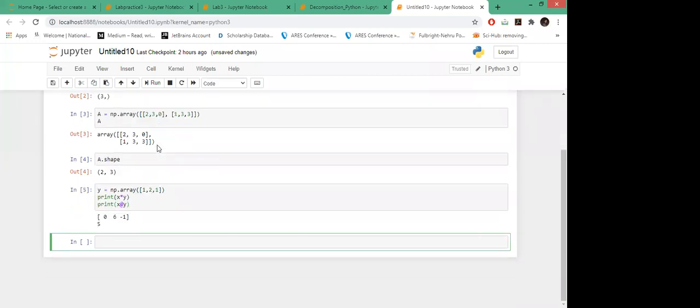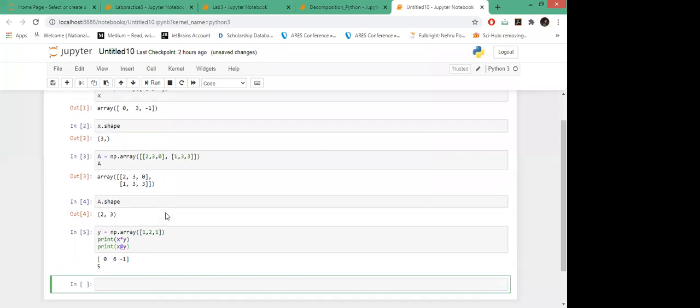So here x star y is not doing a vector multiplication or a matrix multiplication. It is just giving us the element-wise product. Our x was 0, 3, minus 1, and you can see that this is the element-wise product. And x at the rate y is basically the dot product of x and y. Similarly, we have other operations. We can use x plus y for element-wise sum, x minus y for element-wise subtraction, and so on. Those are just basic and direct commands.